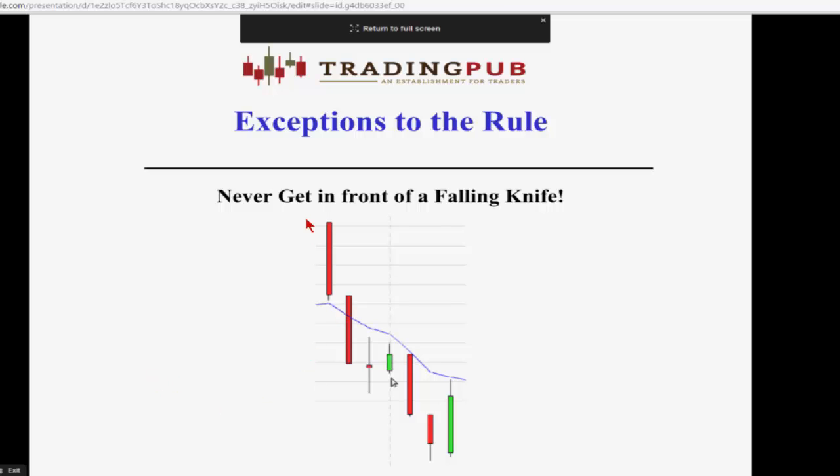Okay, there's an exception to this rule, and that deals with really sharp uptrends or downtrends. You never want to get in front of a falling knife. So in this market,